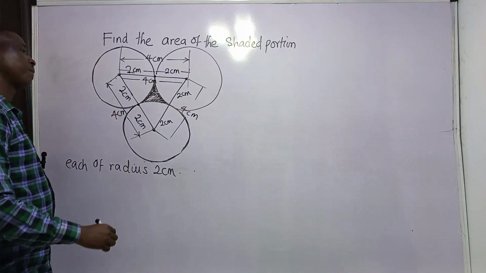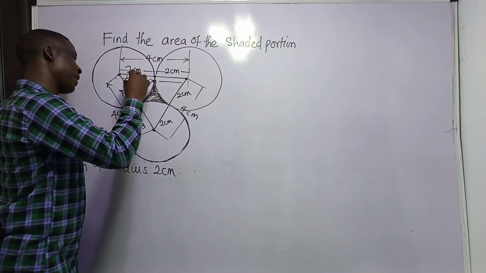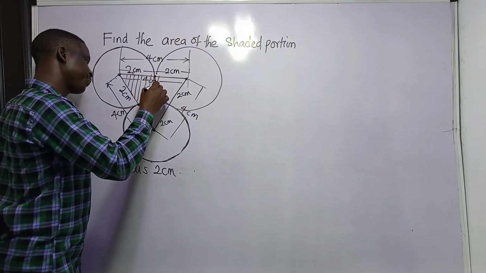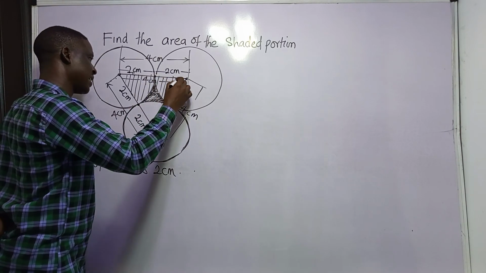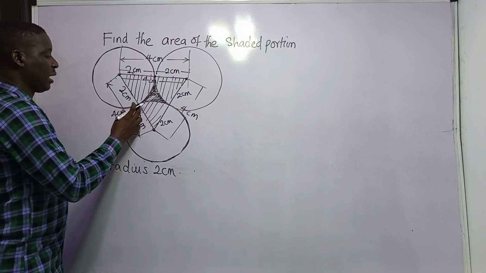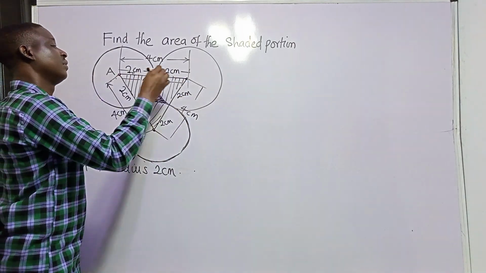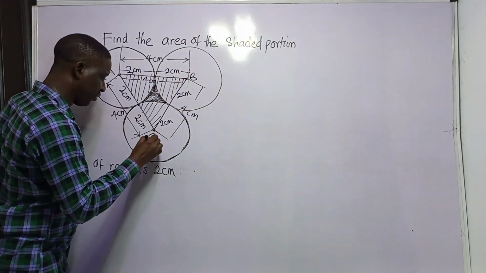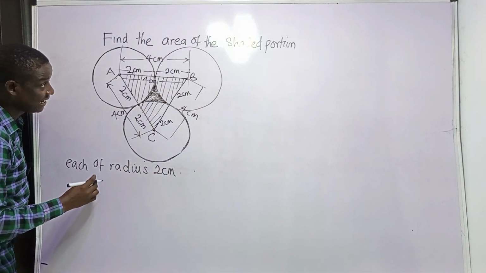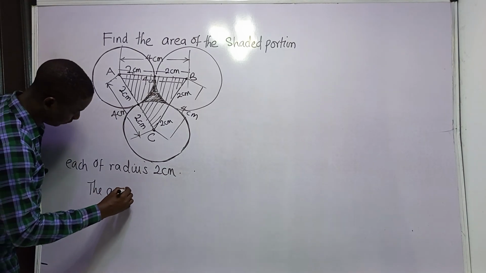Now, this shaded part is a sector. Let me shade it so that you can see better. This is a sector, this part is also a sector, and this part is also a sector. Let's call the triangle A, B, and C. If I can first get the area of the triangle, then the area of the shaded portion